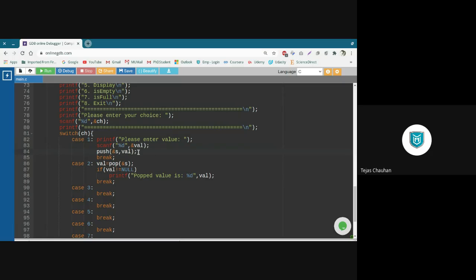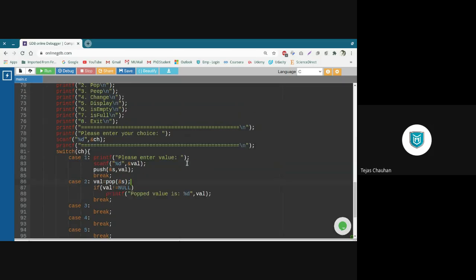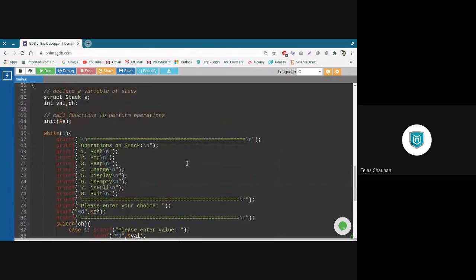So whatever value the user gives, we are going to push that value, and then we are going to pop that value. So every time the user calls push, we ask for a value and then we insert it. And when the user calls pop, we are going to have the value back here, right? So now we are done with the menu driven code.